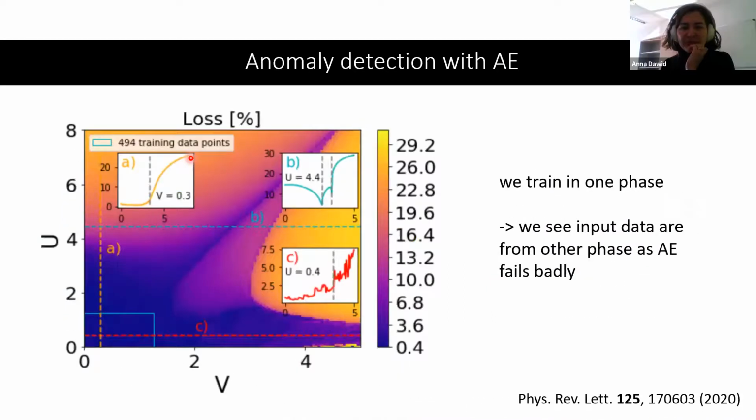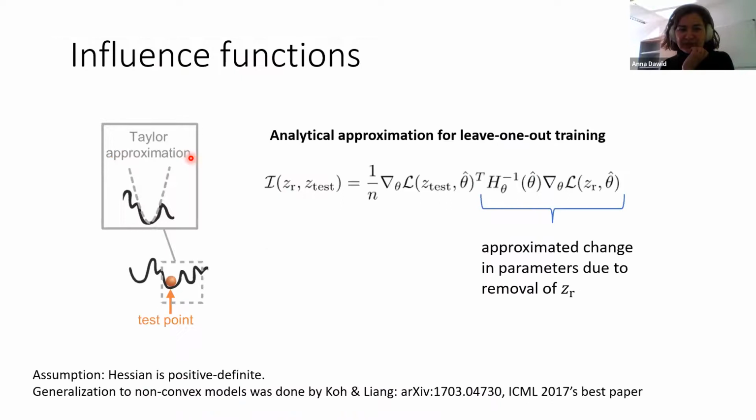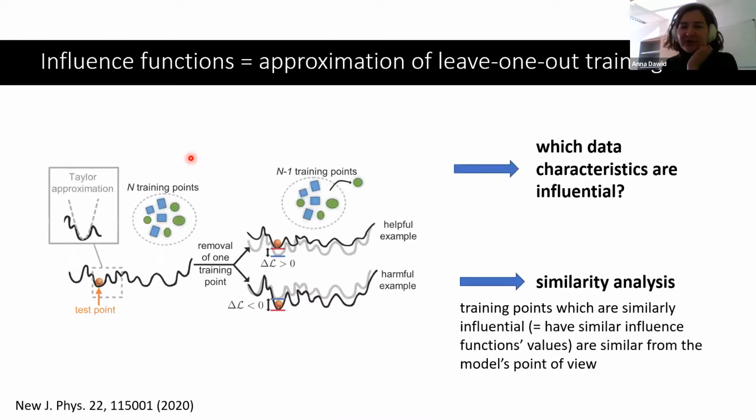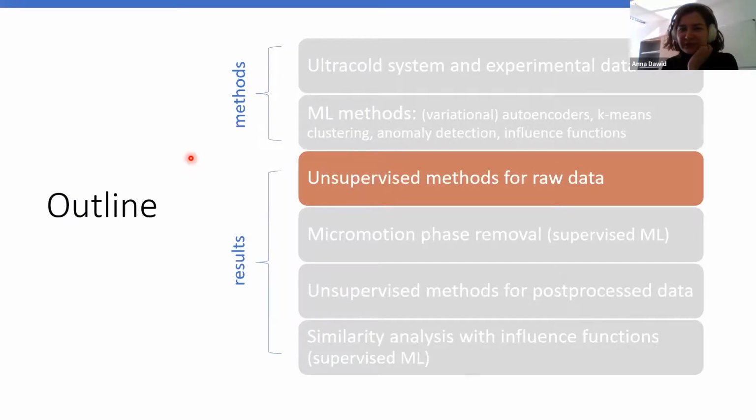But that's exactly what we wanted to do. In a sense, we wanted to start with the simplest possible methods, and only if they fail to do something more complicated, because otherwise it would be just doing something sophisticated for the sake of doing it. So it doesn't make sense.